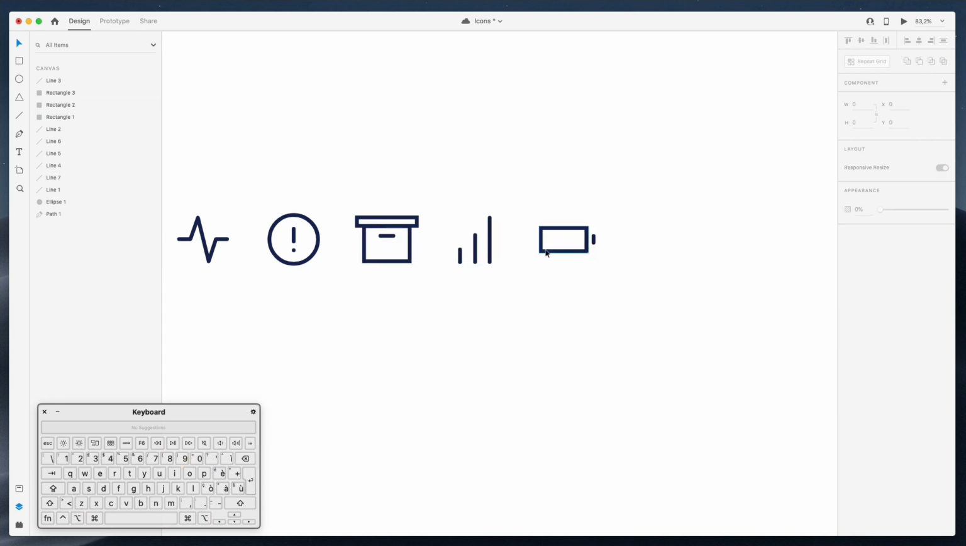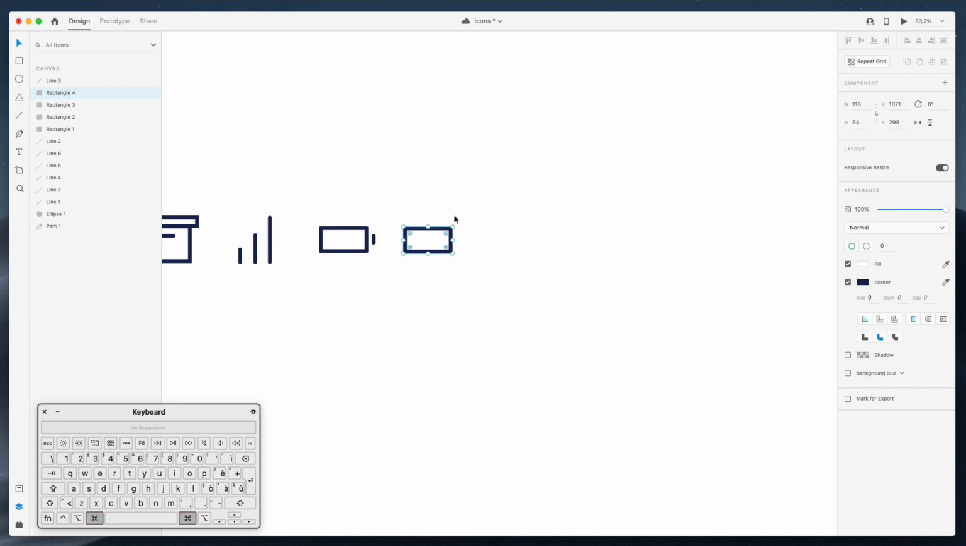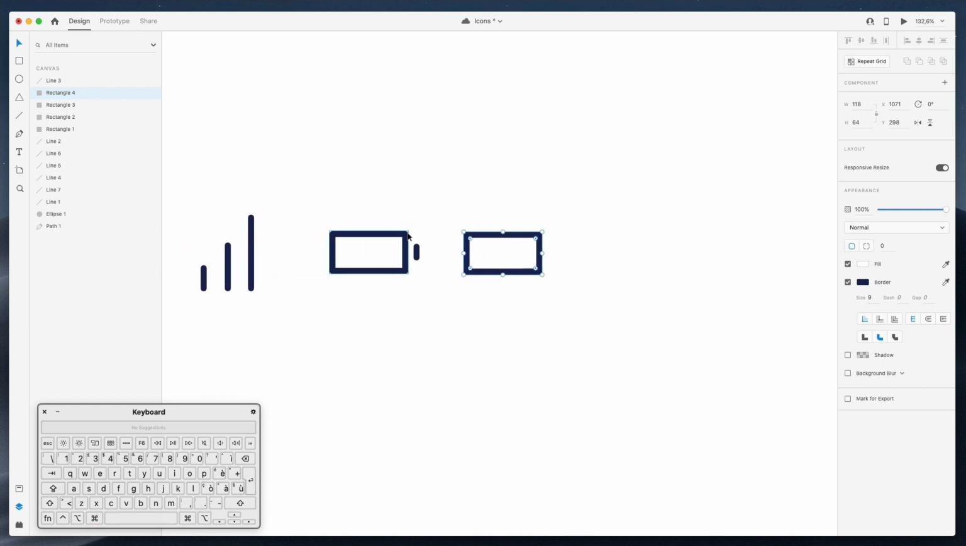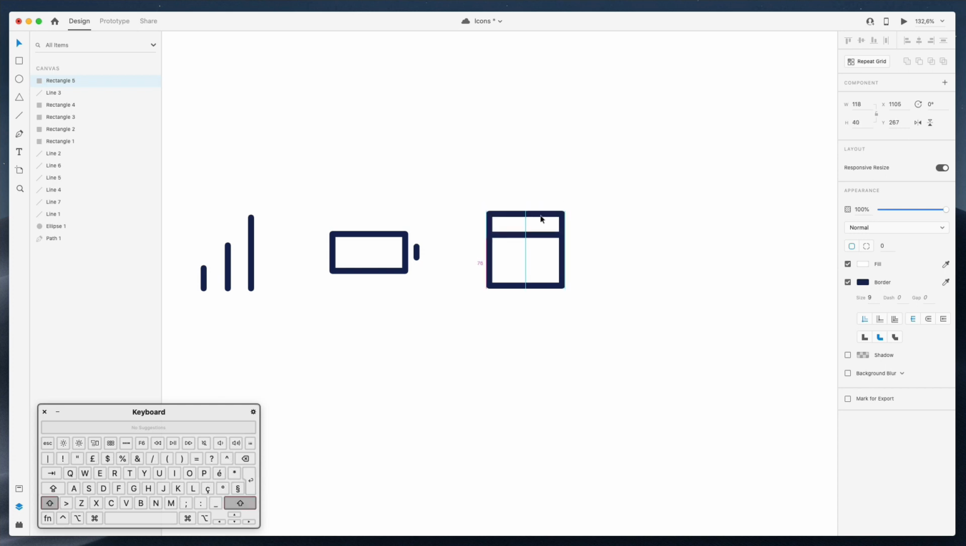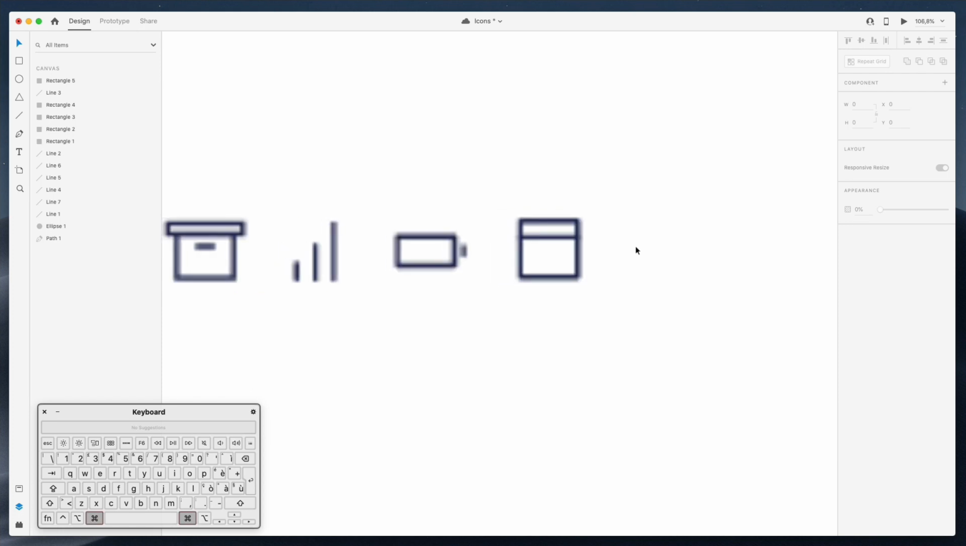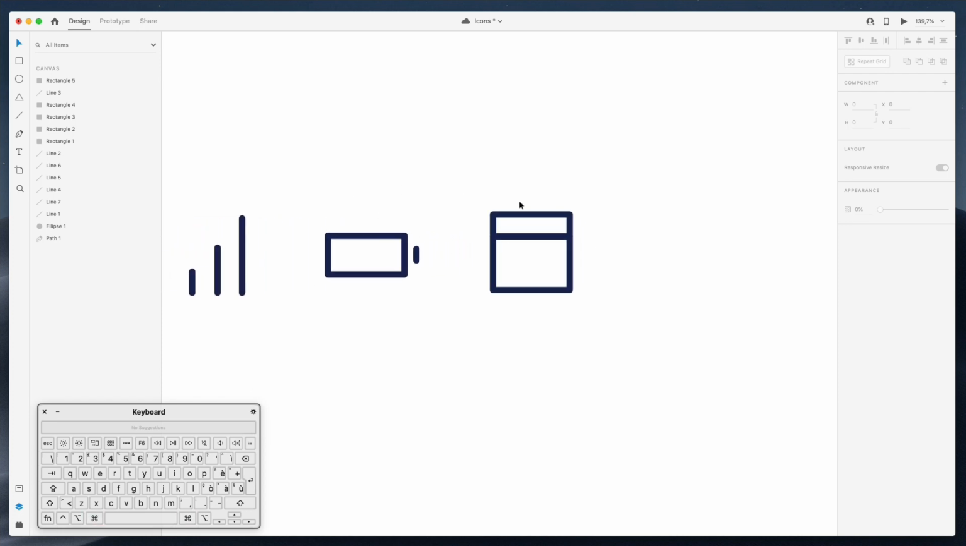Now let's duplicate the battery icon right here, and what I'm going to do is create a calendar out of it. So let's go over here, let's increase the height, and I'm also going to duplicate this, and I'm going to bring this calendar right on top. Perfect. Now the only thing that we're missing is two edges right here, so let's go ahead, let's bring this line on top, and